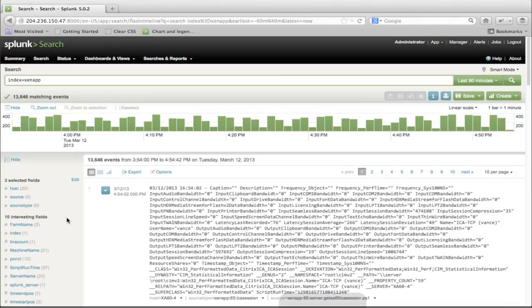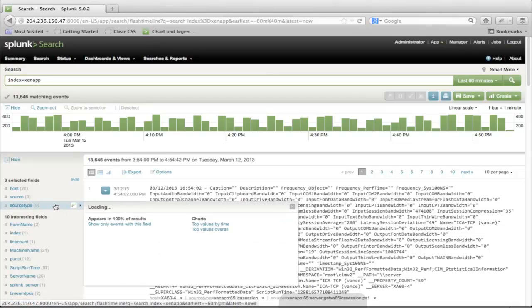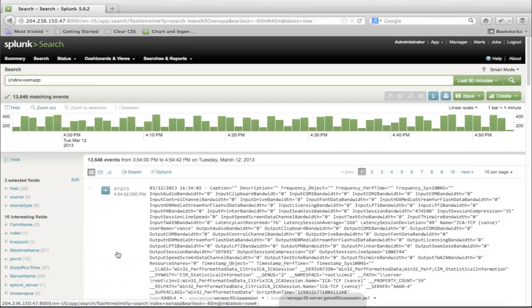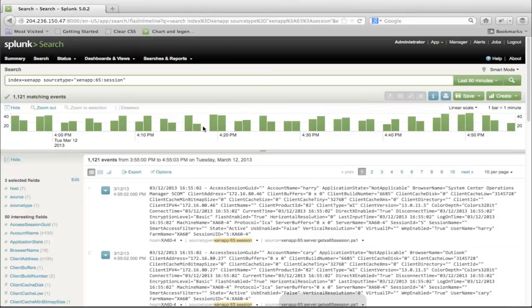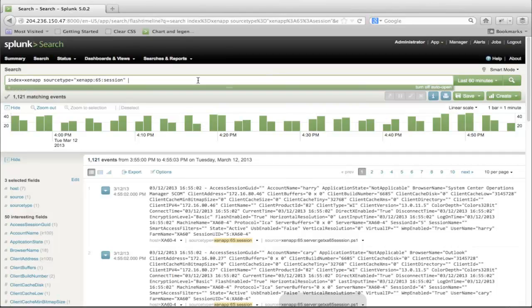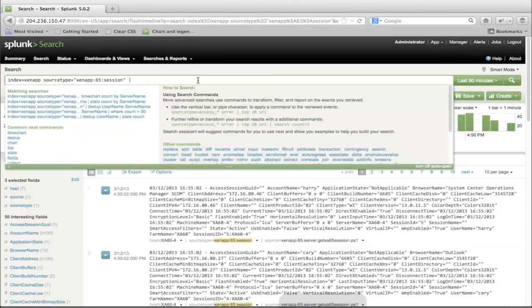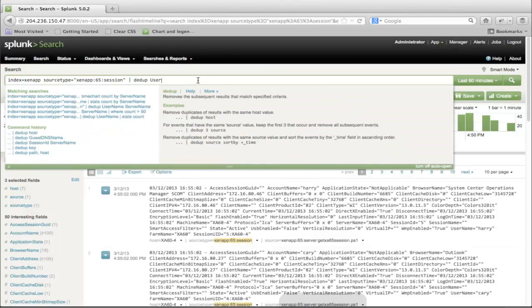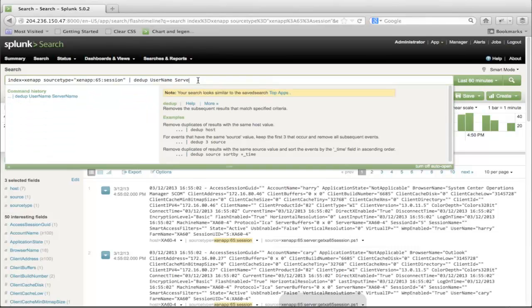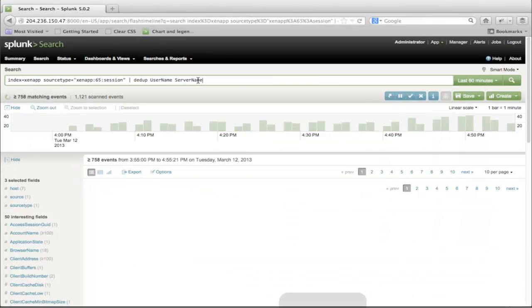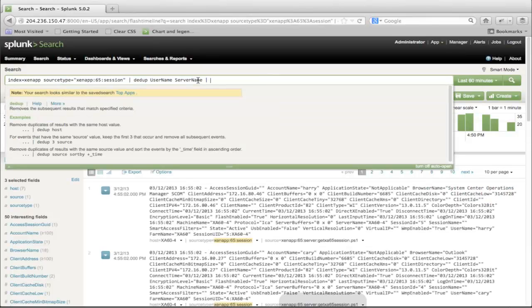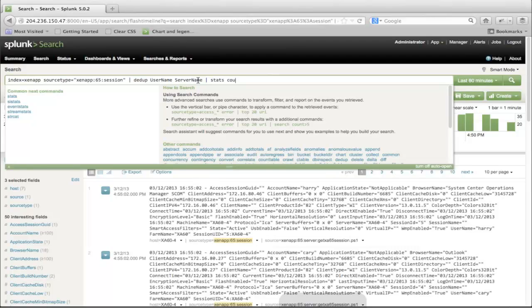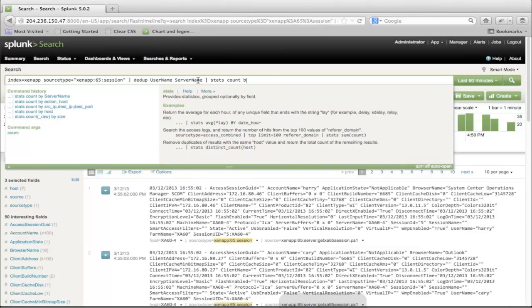Very cool. So, with this particular alert, what we're going to do is see if there are too many sessions on a particular server. So again, everything starts out with a search in Splunk. I wanted to do unique users, so I'll do that dedupe thing again: username and server name. So I'm telling Splunk, give me all the session data, but only the unique users per server. And I'll use the stats command again.